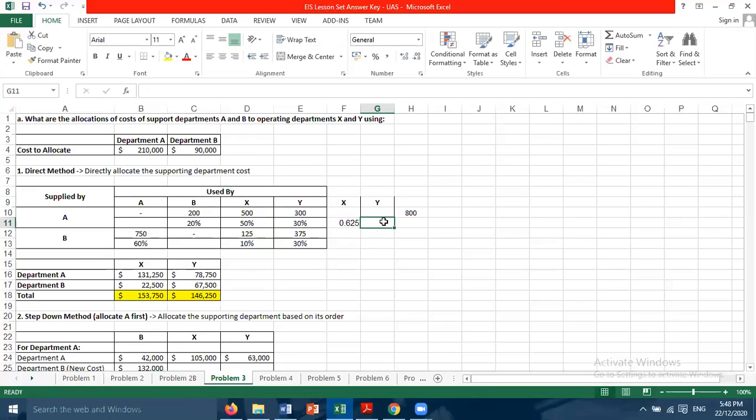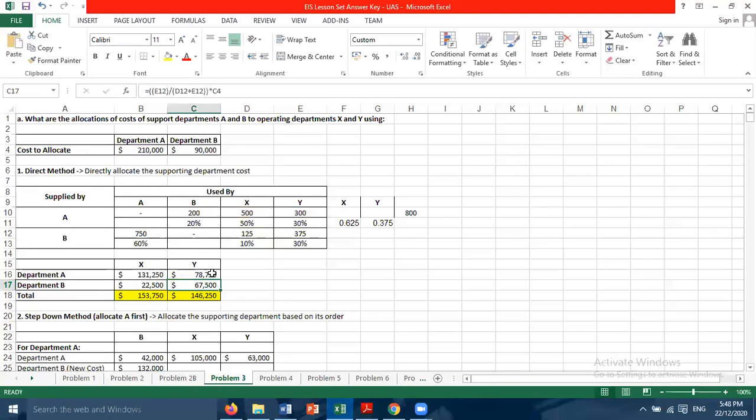Whereas Y will have a weighting of whatever is left from this, which is 0.375. So all we need to do is multiply this weighting with the cost to allocate from department A. In this case, 210,000 times 0.625. Here we go, which we will get 131,250. Same thing for Y. We just need to multiply 90,000 by 37.5%, which will get